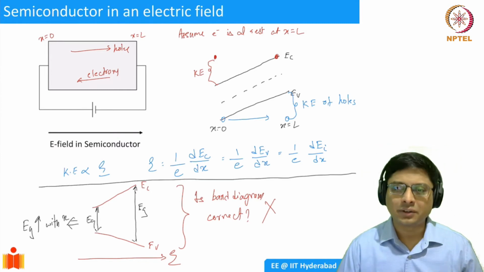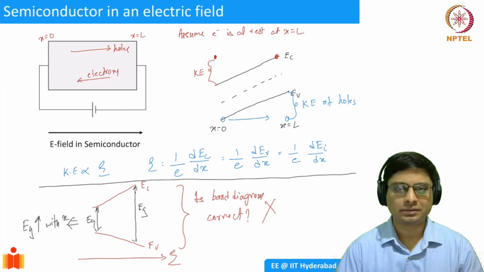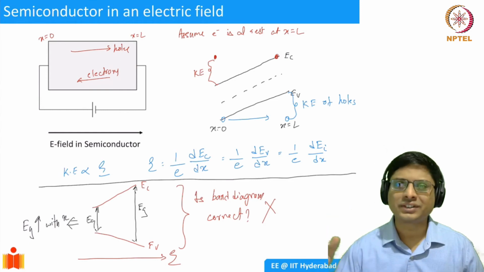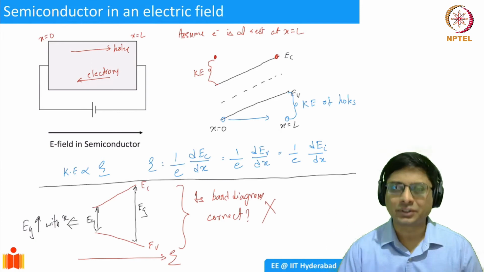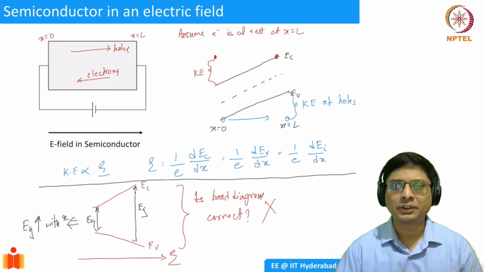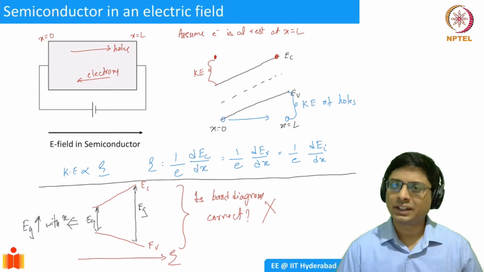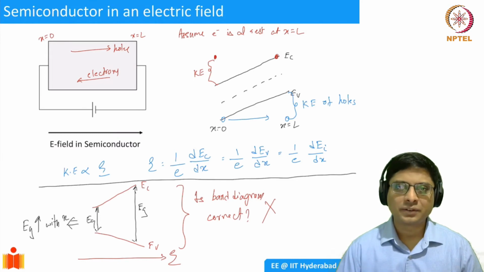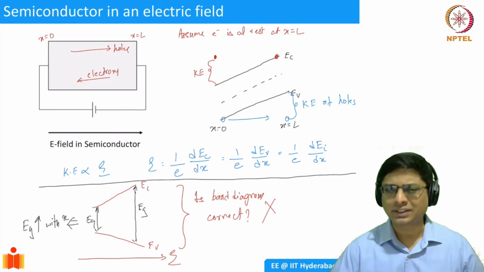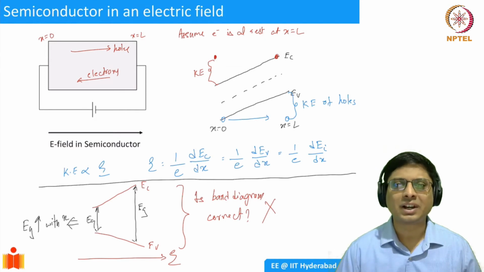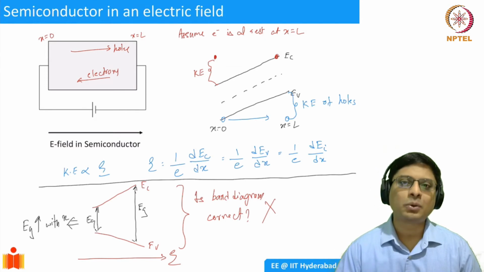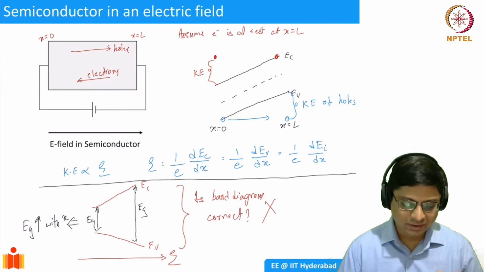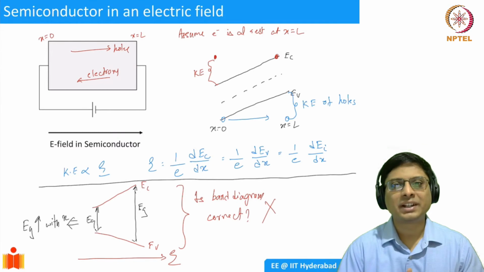Okay, so always the EC and EV are going to be parallel unless we introduce what are known as heterojunctions, and that is another story. If you take a simple piece of silicon, it is always going to be parallel, and EG is going to be fixed. If you use silicon plus gallium arsenide, or silicon germanium, I add a different material, then I could modify the bands a little bit. Anyway, all right. So this is how a semiconductor behaves in an electric field.